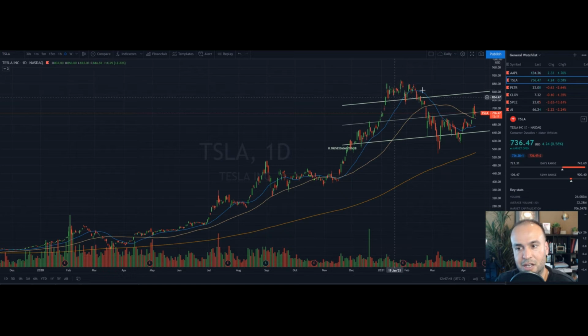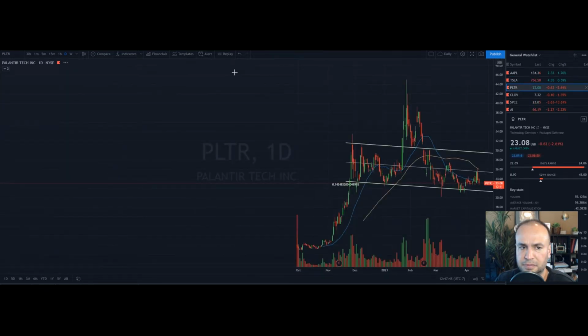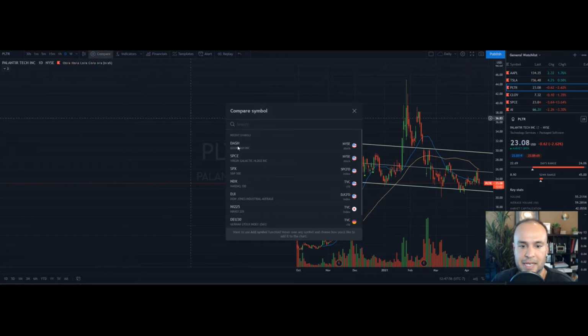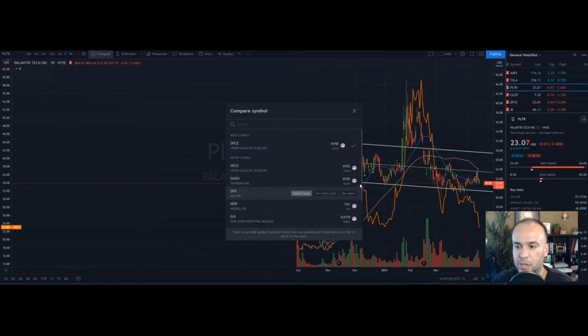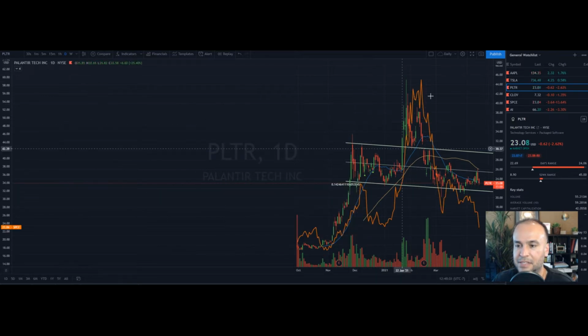You can see there's a lot of consolidation in this area, and so I expect strong resistance in the 900 range. Okay. Palantir, we had the double click day yesterday, announced some new contracts. You know, the stock continues to look weak. I did compare it and added our friend SPCE to it as well. Both these stocks had this massive sort of run up.